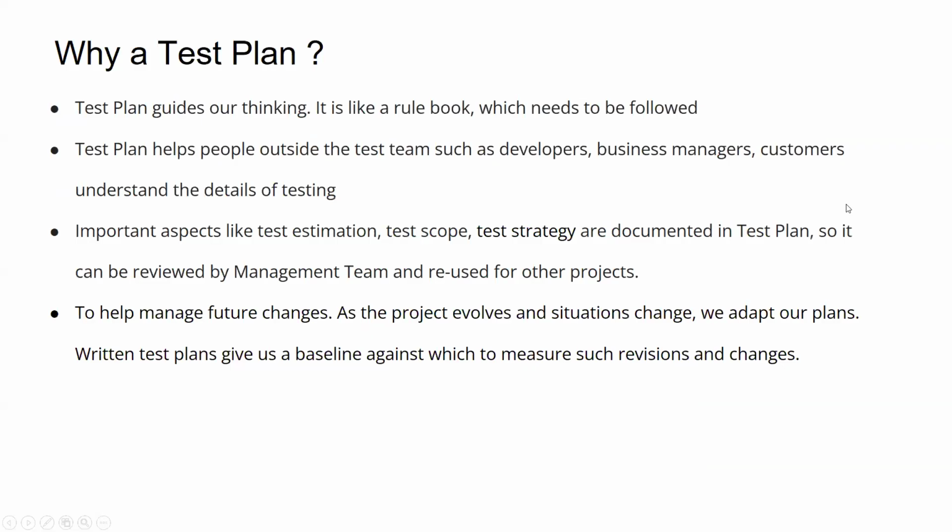Under quality planning, before we start testing or start a project, we need some kind of a test plan. Anyway, when we are starting a project, we need some kind of project plan, right? Similarly, we need a test plan to carry out our testing, because the test plan acts as a rule book, a guideline for our whole testing process. It shows what we should be doing, what we should focus on, how the resources are allocated,